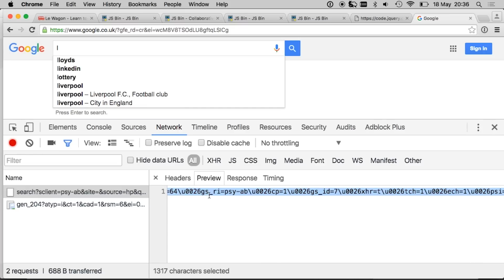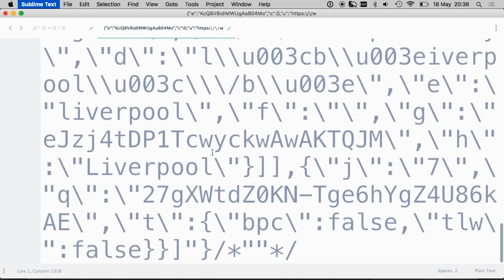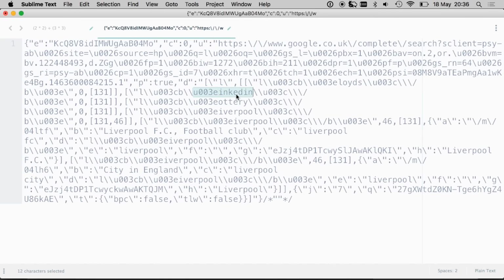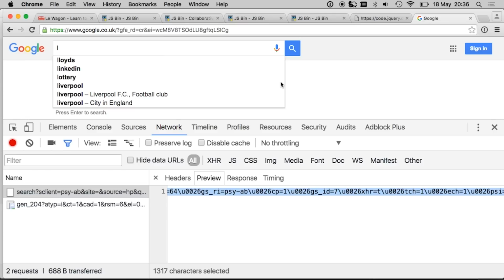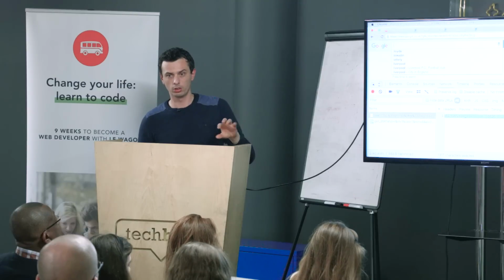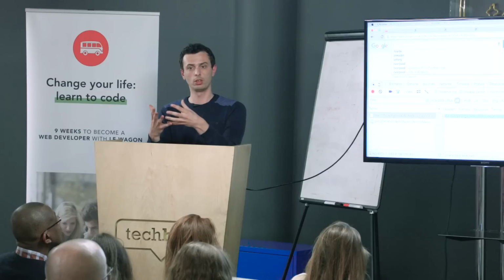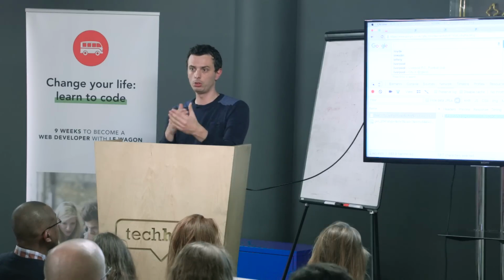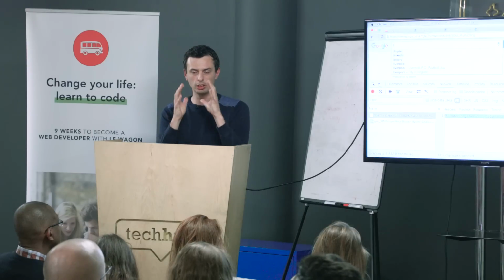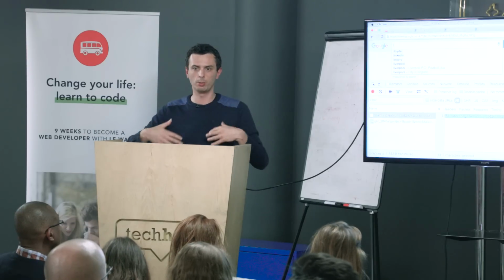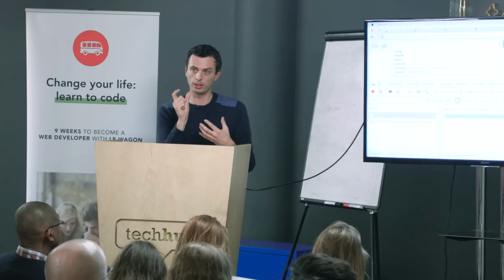So let's open it in Sublime Text. And you see that you have LinkedIn, lottery, Liverpool. In fact, what Google returned was information to build the autocomplete elements below the search bar. So as soon as you type a keystroke, it goes directly to Google. They compute an autocomplete list, and they get back to you with just the information needed to change dynamically the page. This way, it doesn't reload everything because it would be too slow. They just actually update this very specific